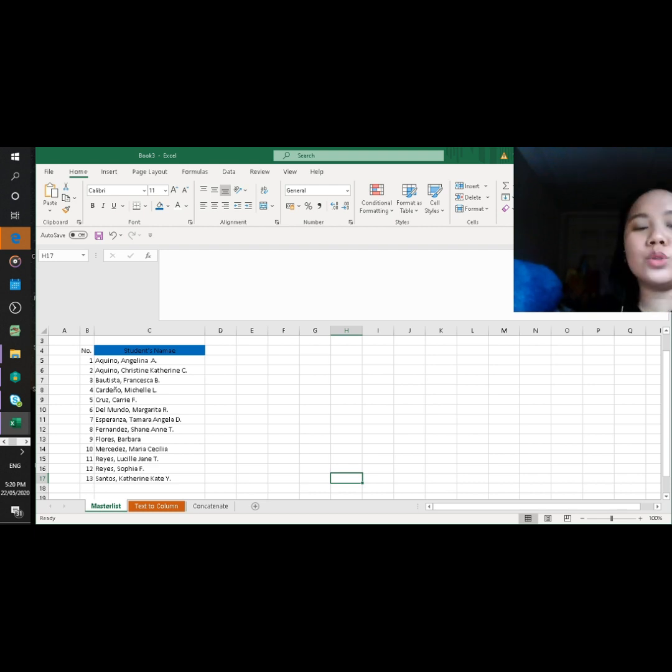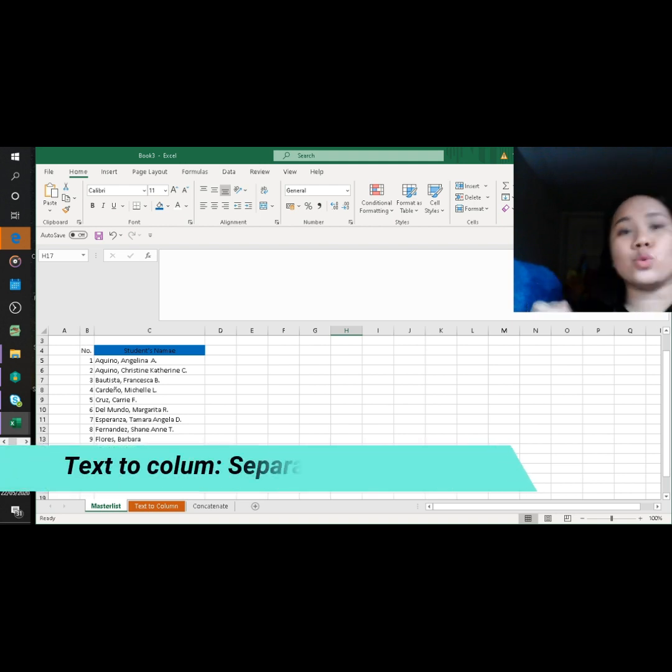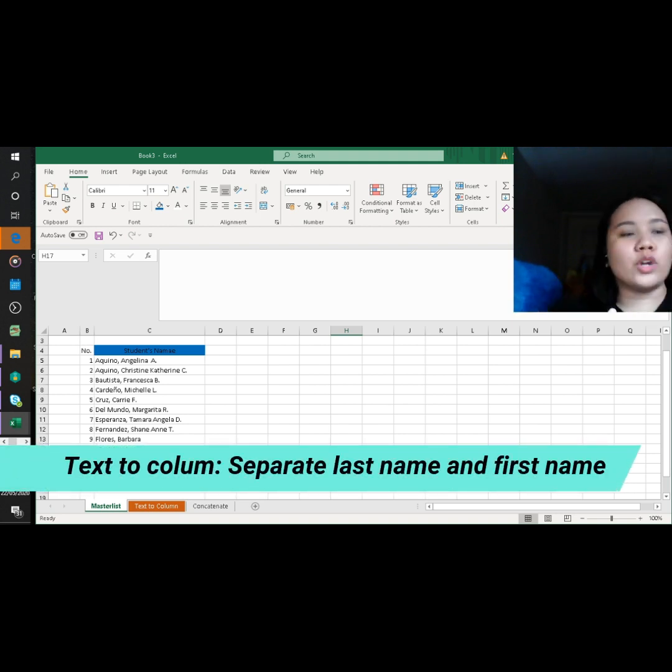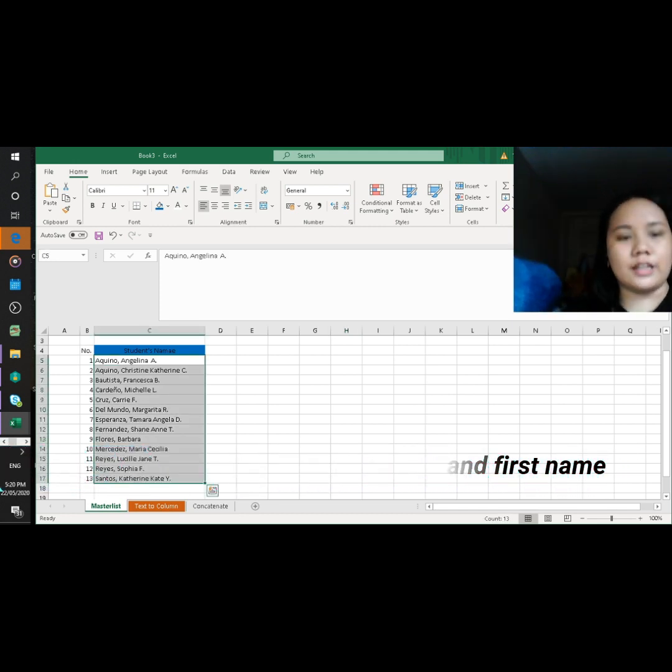So, what you need to do is, we will apply the text-to-column. So, we are going to divide yung magkasamang first name and last name into last name and first name. So, what we're going to do is highlight the data. And that's very important. Highlight the data and go to Data tab. So, in Data tab,